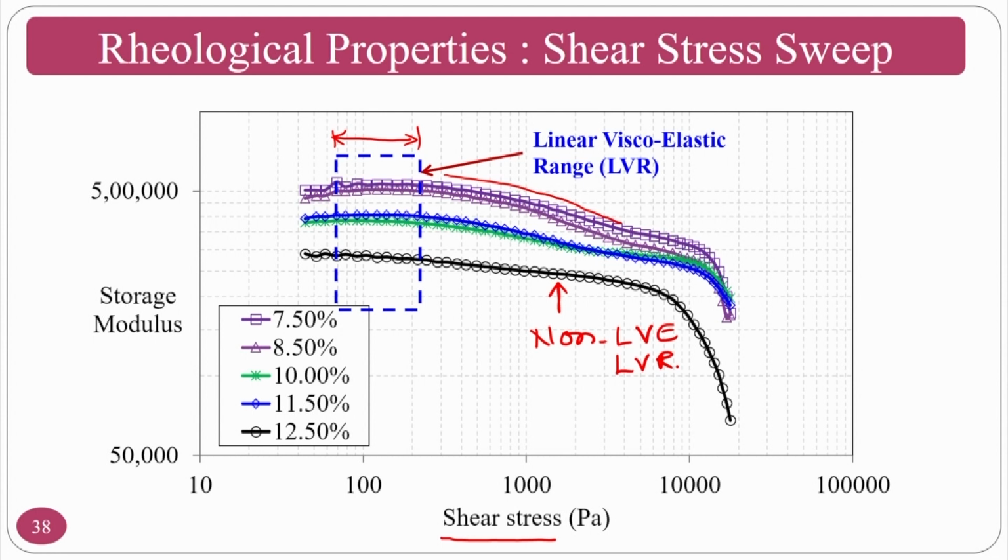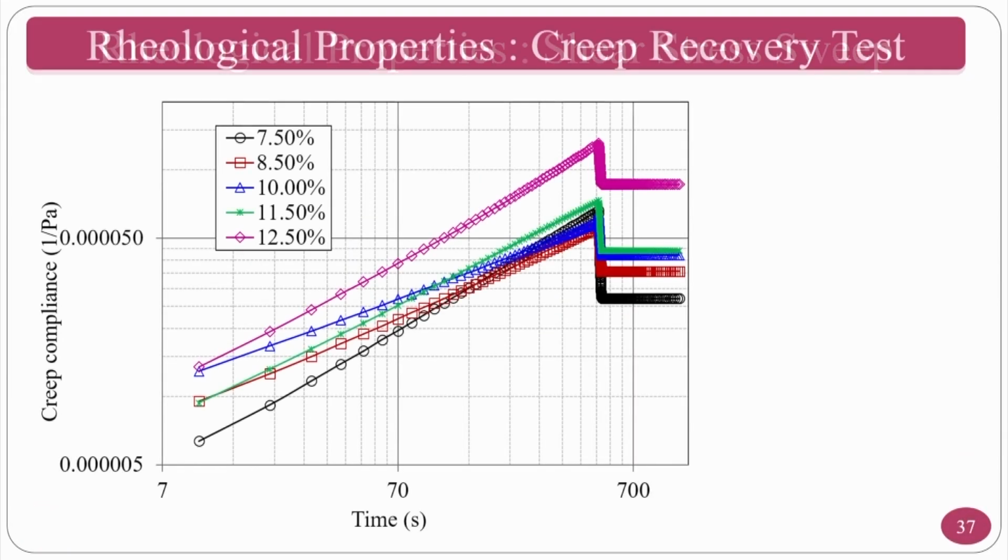Now, the question is what is its importance? It means that you take any particular value in this region, for example, 100 Pascal. If you take 100 Pascal and put it in the recovery, that is the creep recovery test, whatever viscoelastic properties you are going to get will be at the original condition. We know that we have to find what the viscous properties are and what the elastic properties are. For that purpose, we now understand what load we have to give.